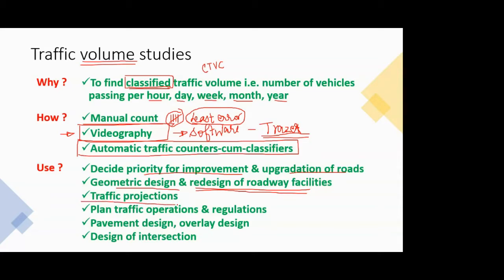Then the most important and most neglected thing in India, that is traffic projections. You have understood this much of engineering till now: whatever data you count, you don't design for that data itself. The best example is from water supply engineering or environmental engineering 1, in which you designed a water supply system for a specific population, and you never take the existing population.